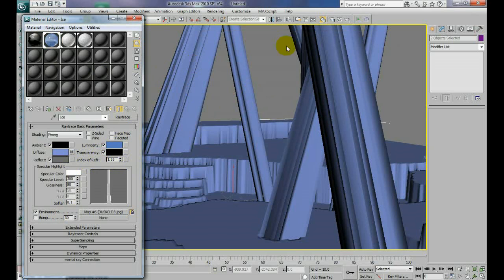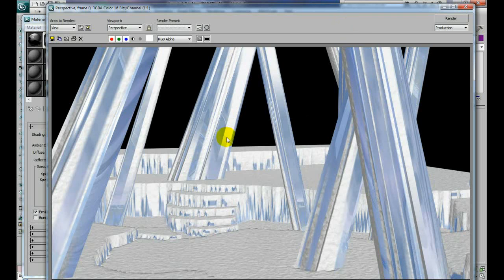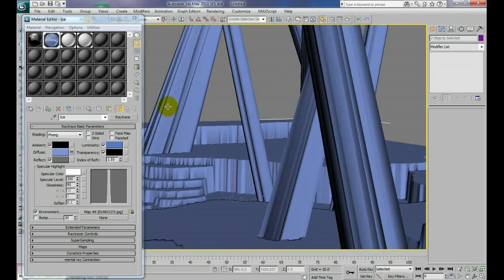And I'll just go ahead and do a render, see how that looks. Alright, so now we've got our reflection showing, and as you can see that we did that, it's also reflecting everything else in the scene, which is pretty cool. You can see there's some reflections going on there, so everything reflects off of everything else. So that's how you get the reflections there. Alright, and okay, so the next thing we need to do,